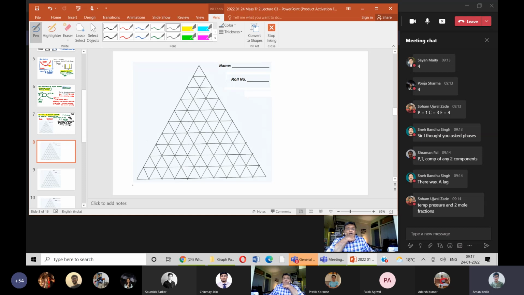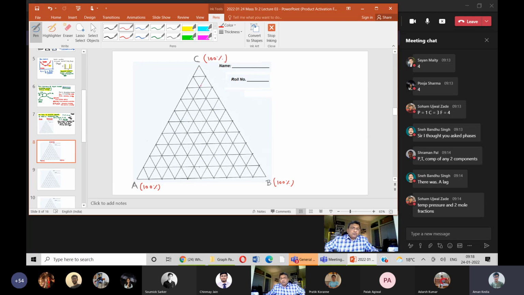So the way the triangular plot operates is that the 3 apexes correspond to the 3 pure phases. This is how it operates. It would be good if you kindly open the graph paper that I shared last evening, and it won't take more than 7 or 8 minutes to understand how to plot a point. So A is 100% here, B is 100% here, and C is 100% here.